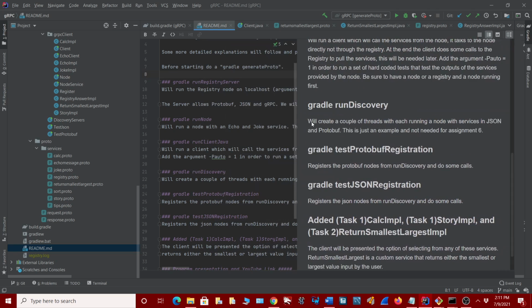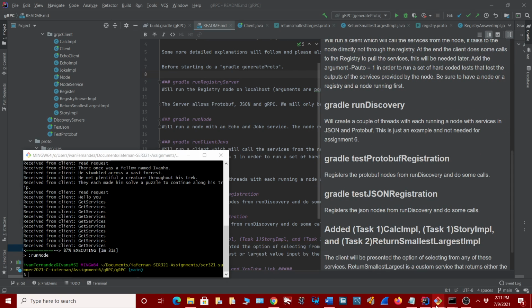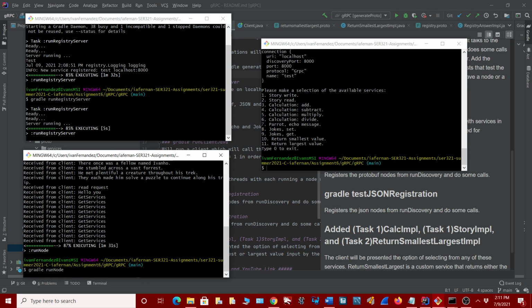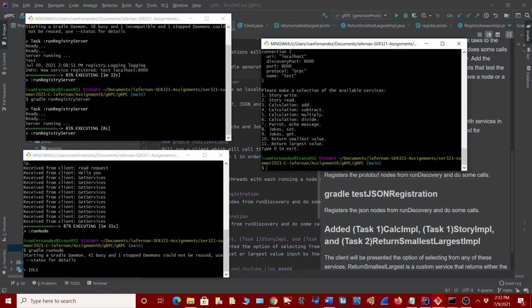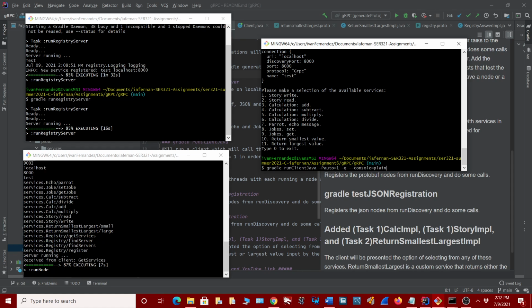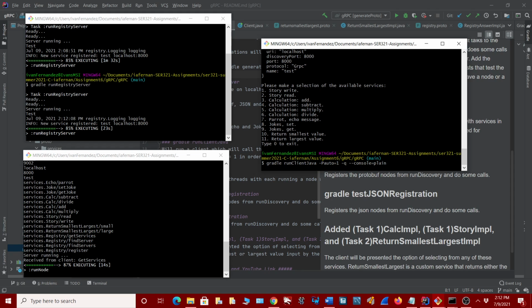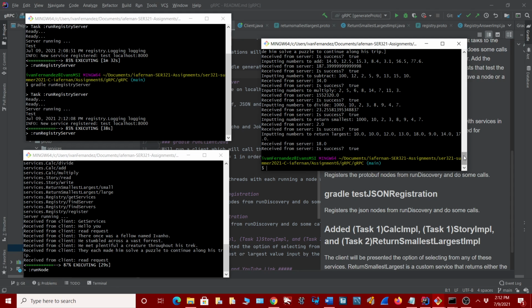And yeah, I'll go ahead and get started. And first I will run the auto option to show the tests that I created. Here I'm running the node, and I will start my client with pauto equals 1 to show the tests that I created, specifically testing add, subtract, multiply, divide, and the story write and read, and then return small or large, my original